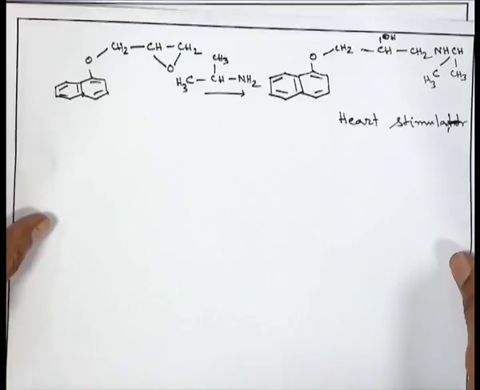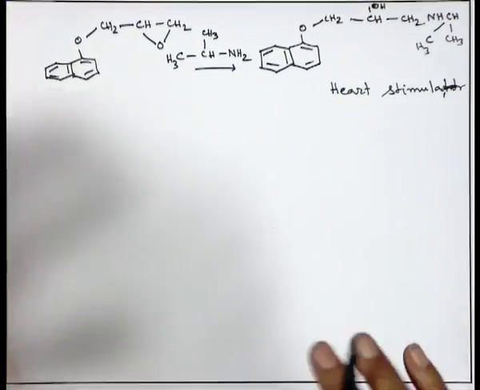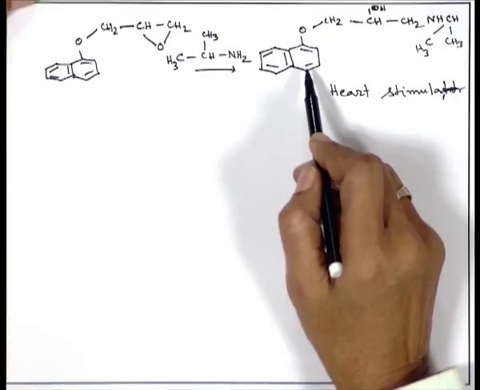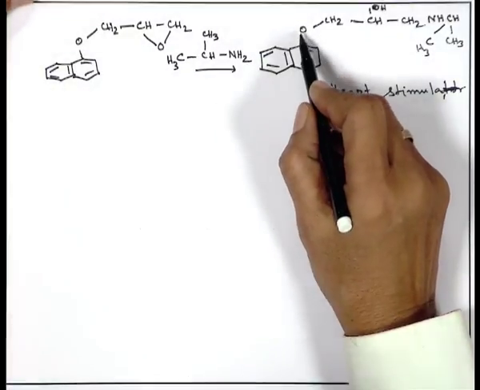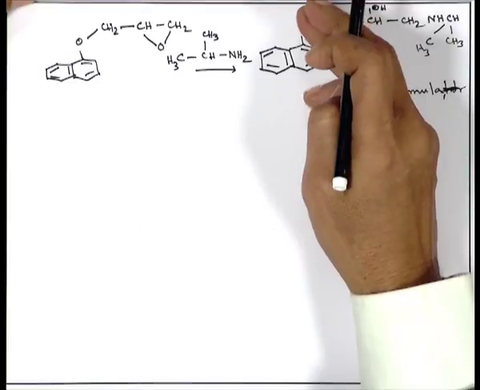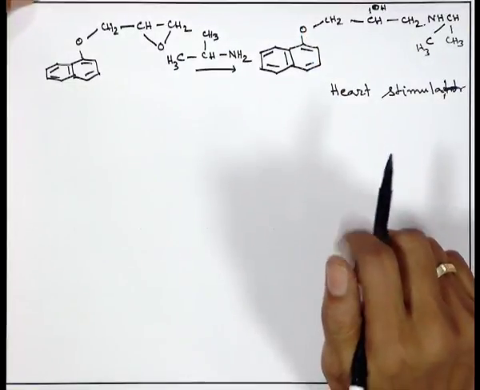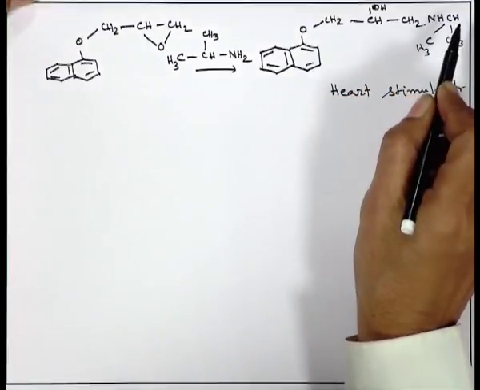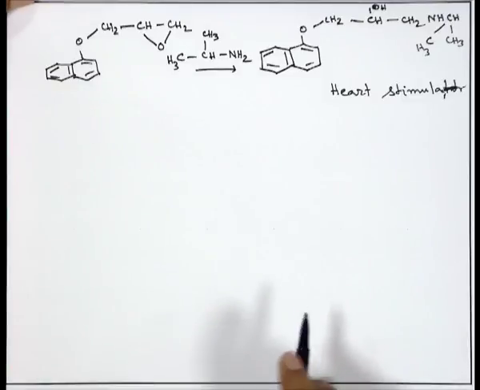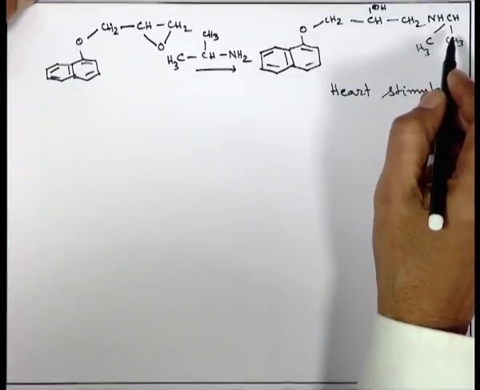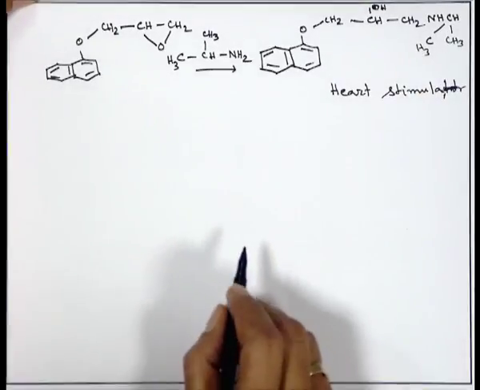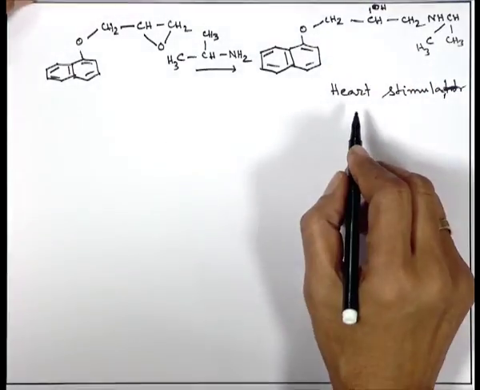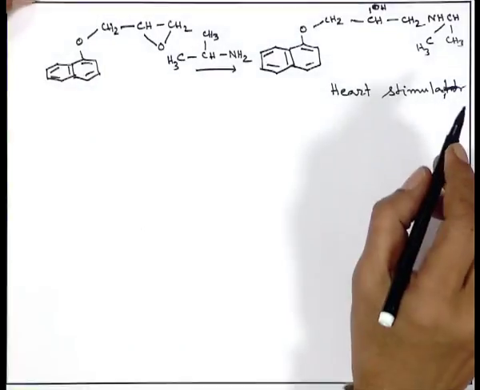Let us start with a compound where we have a structure like this. Look at this structure, benzene fused with another benzene means naphthalene. In the one position there is an oxygen, if that be oxygen with hydrogen, that is called alpha-naphthol. But other than that, there is a CH2, CHOH, CH2, NH, CH, CH3, CH3, a long carbon chain ending with an isopropyl group. So, this compound is found to be a heart stimulant, a very good heart stimulator.